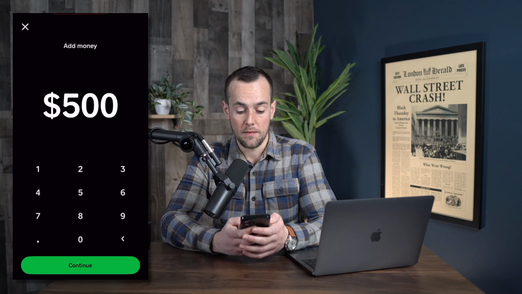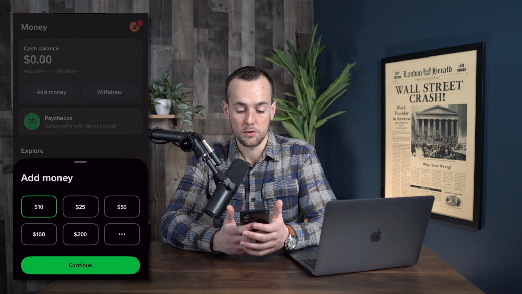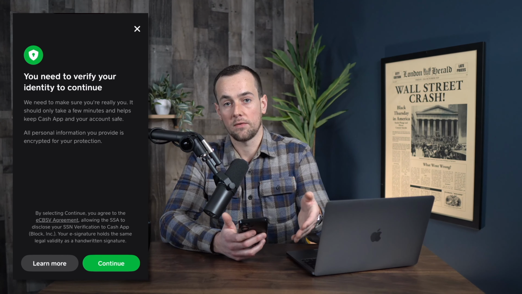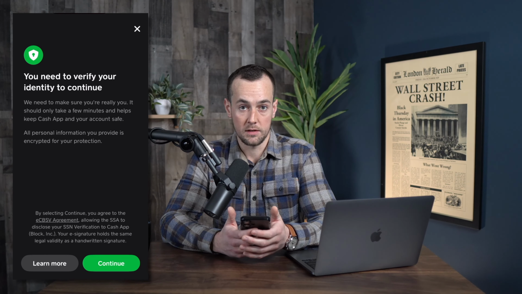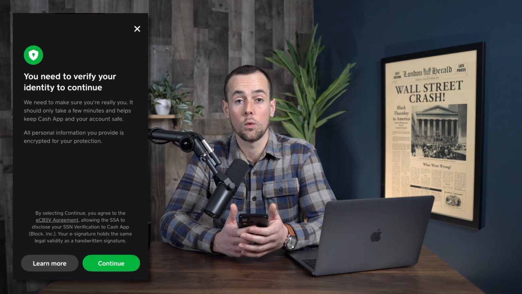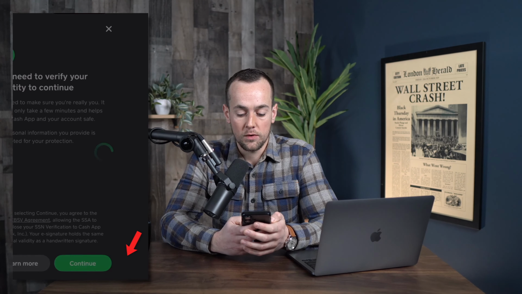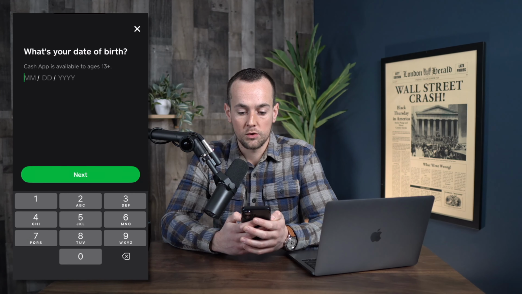But in this case, we're just going to go back here and click on add money again, and we're just going to do a $10 deposit. After that, we're going to click on continue. At this point, we do have to verify our identity before depositing. This is where you're going to need your license or some other type of government issued ID. You're going to click on the green continue button,